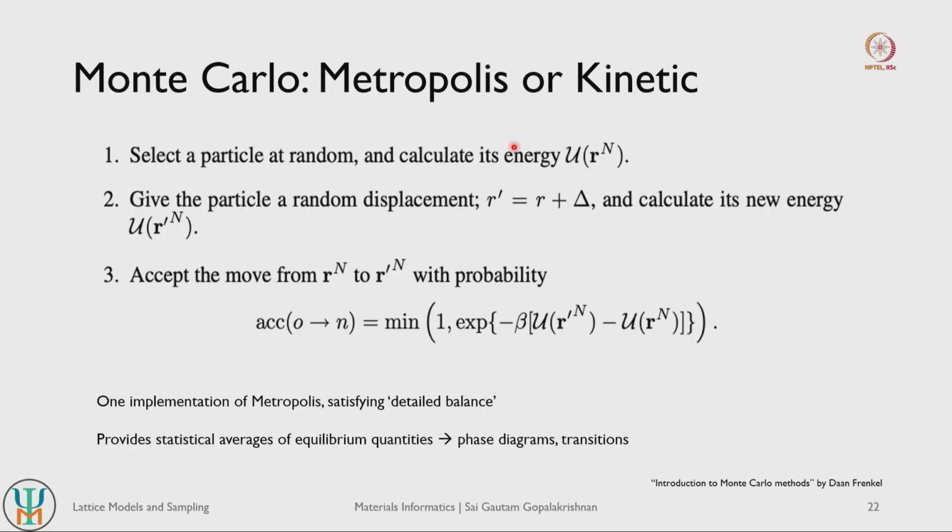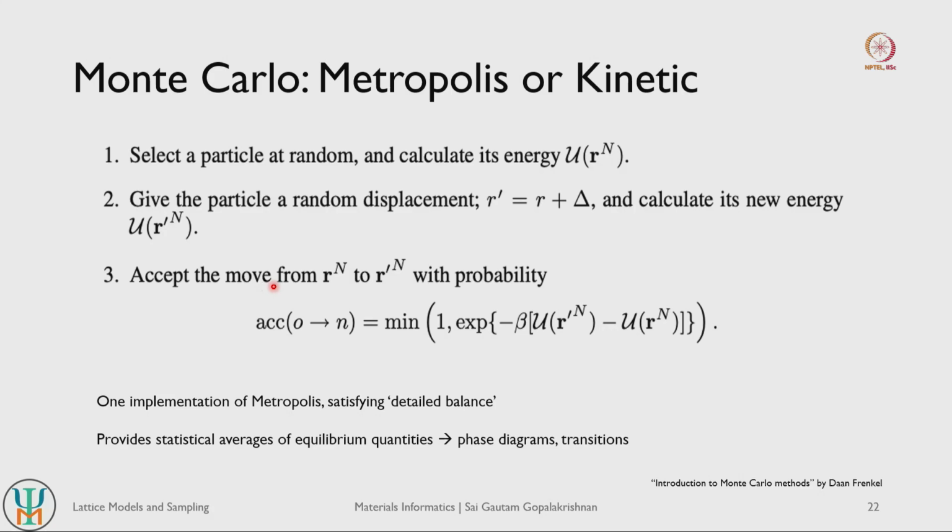Once you have the calculated energy, you can now select a particle at random and give it a random displacement, right. The displacement can be a physical displacement, or it can be an exchange. So you can remove that particle and swap it with a different particle, or you can put that particle into a different site within the lattice, and once you do that you can calculate the new energy again, right. Let us say that displaced energy is U of r dashed n here, so from your state 1 to state 2 you have caused a displacement in your system. We call these displacements moves or steps within our system.